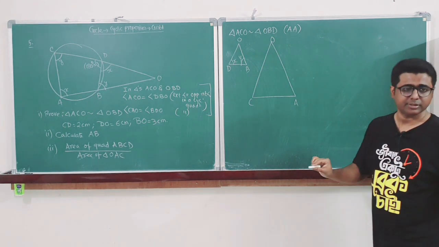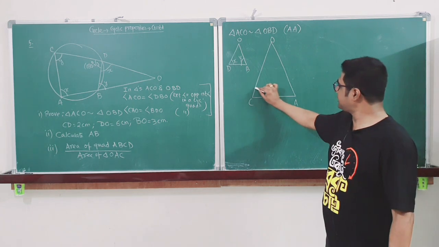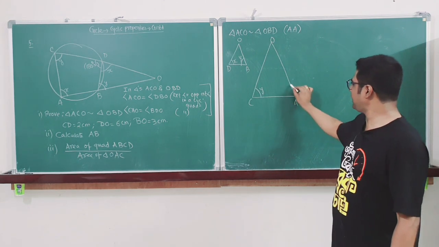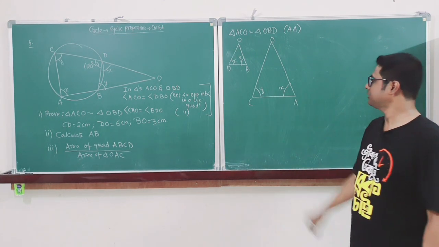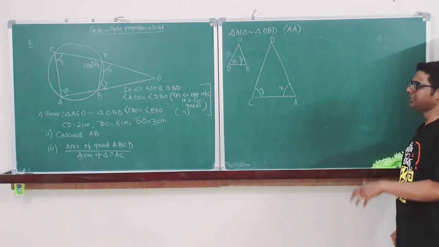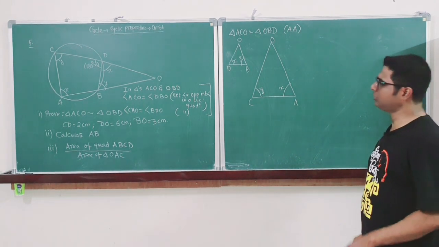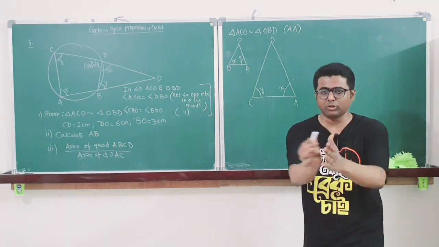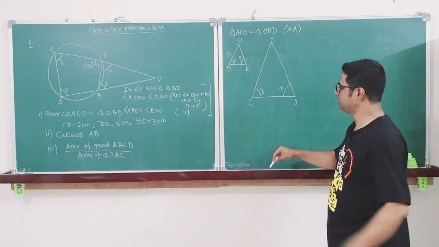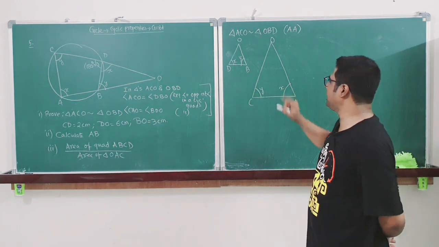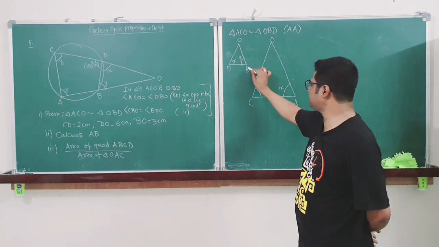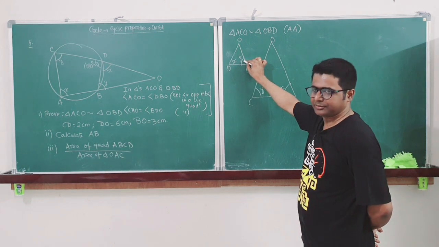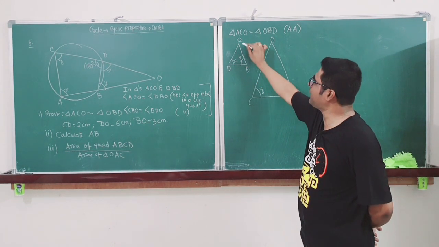Clear? At angle C this is Y, at angle A this is X. This is very much necessary to ensure that we don't make any mistake while writing the ratio terms. So if these two triangles are similar, then first I am taking angle Y. What is the side opposite to angle Y? OD.